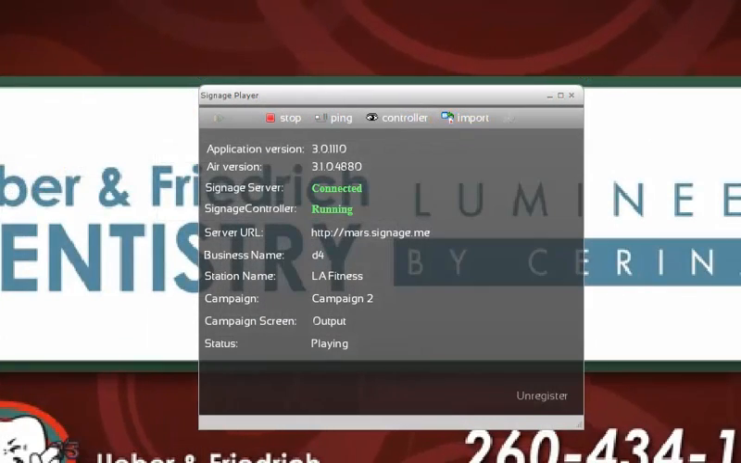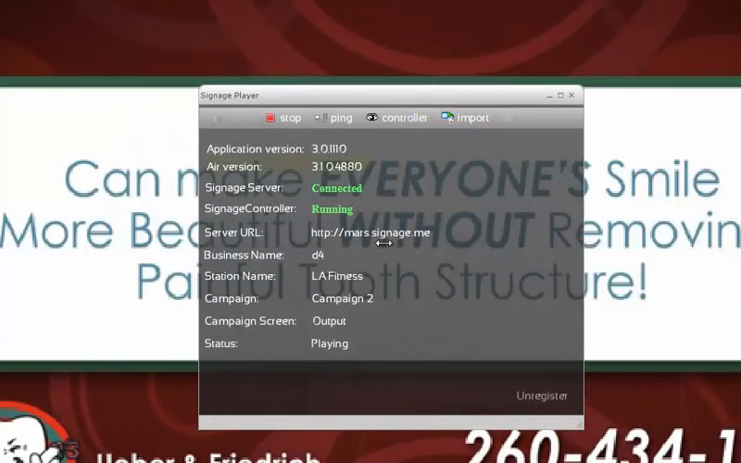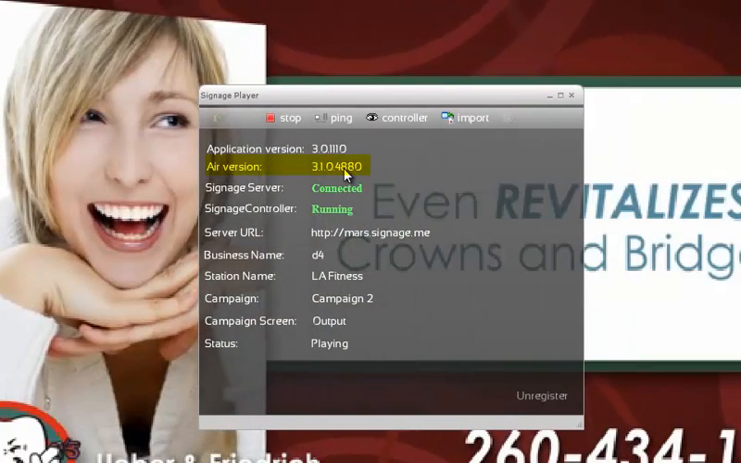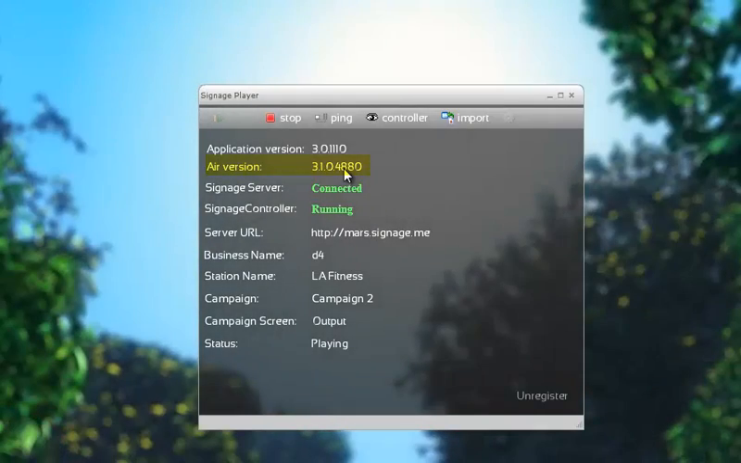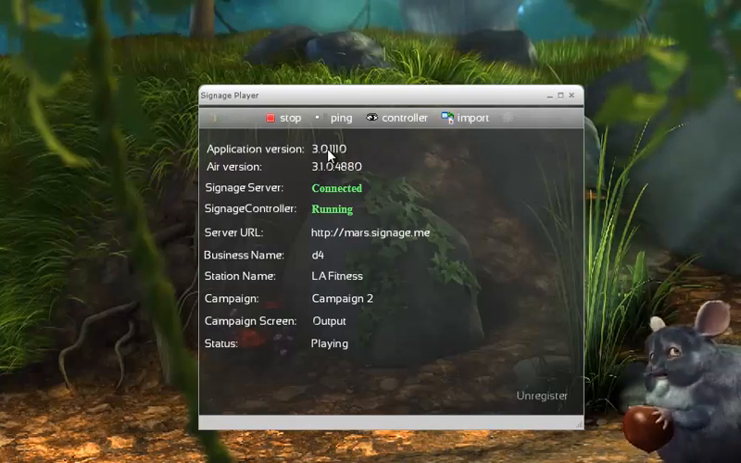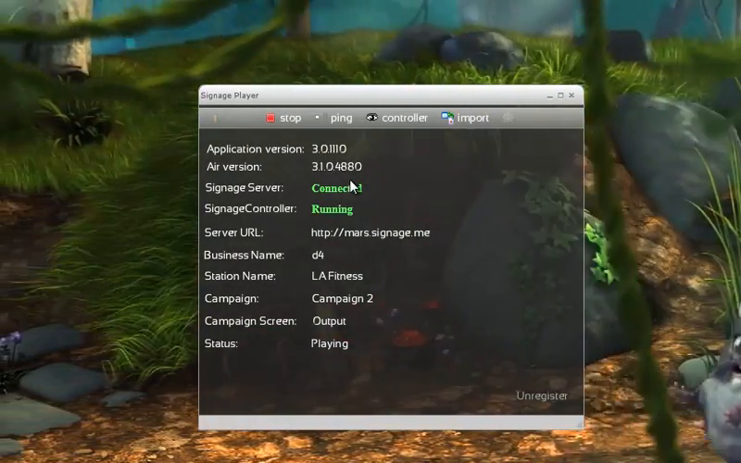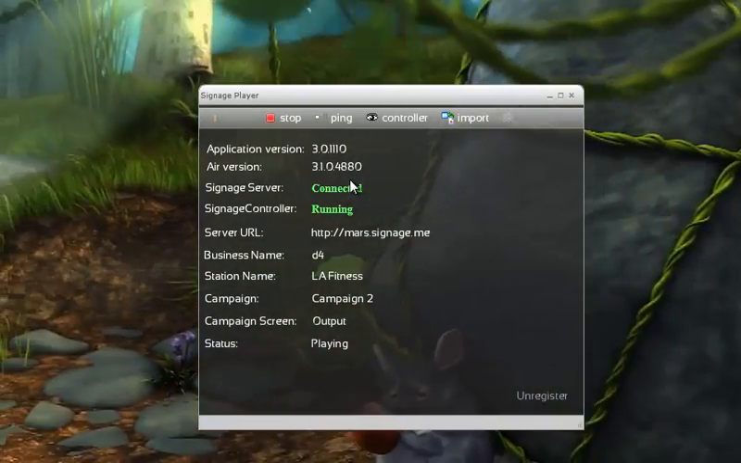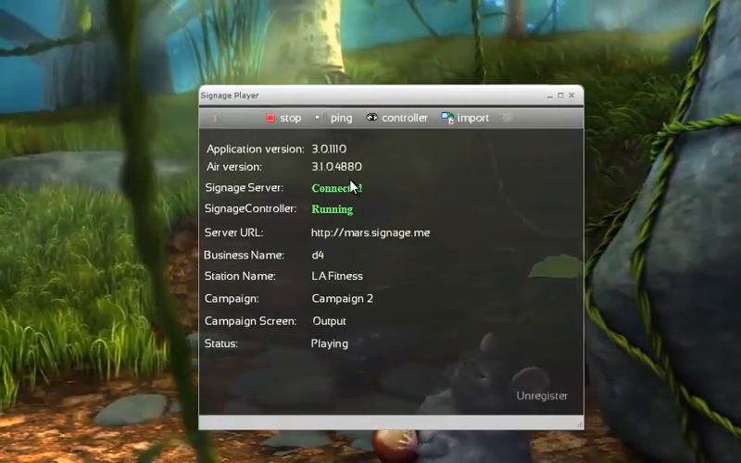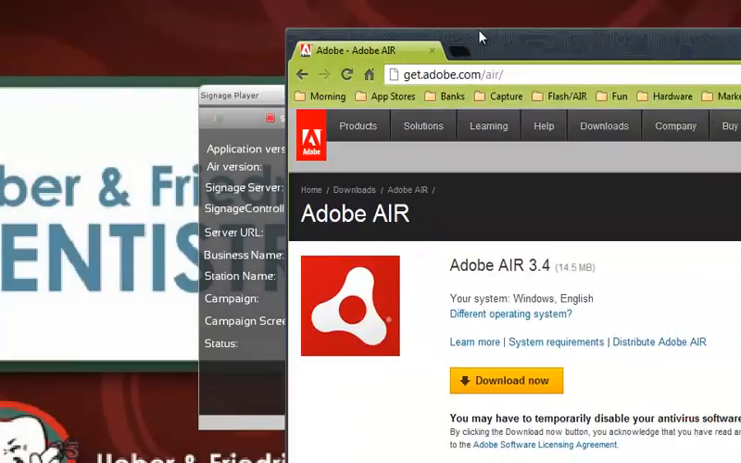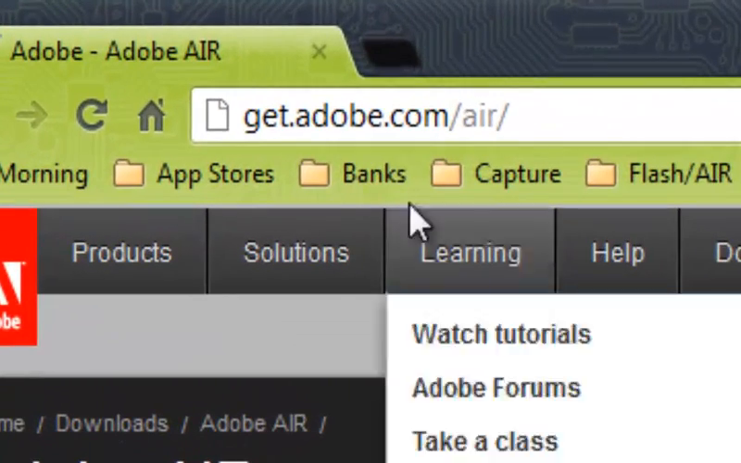You see that in this Sonnet player, Adobe's Air version is 3.1, and because it's not 3.3 or 3.4, we are unable to upgrade the application version 3.0 to 4.0 remotely from the Sonnet Studio. So what we'll do is go to Adobe's website manually and install Adobe Air 3.4 in this particular Sonnet player. So I'm going to go ahead and open the browser,